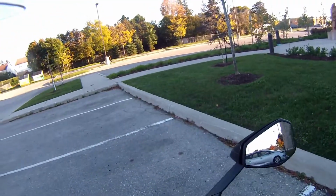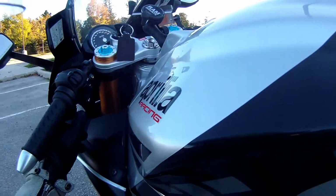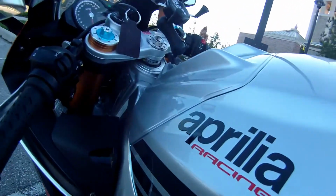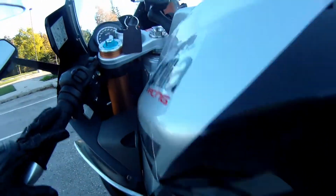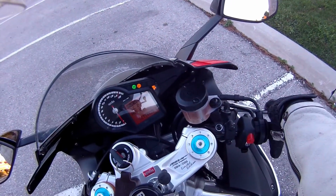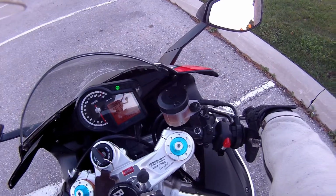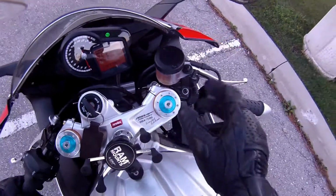There is a positive button here, the switch here for your thumb, and then there's a negative on the other side. If you push both those at the exact same time, at a stop with the clutch pulled in, it engages the launch control. And it only stays on up to 160 kilometers an hour, or until you shift past third gear, I think. I'm not 100% sure. But I like it how, you know, obviously it's fully...